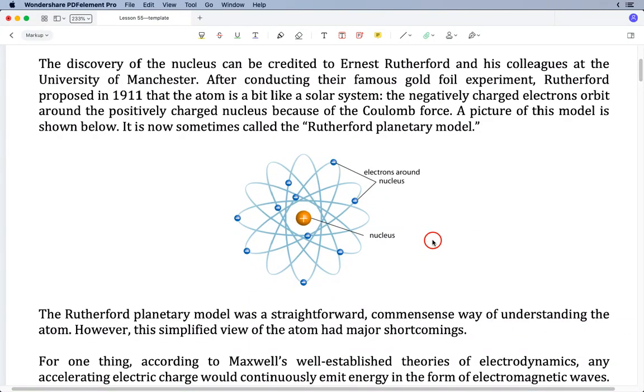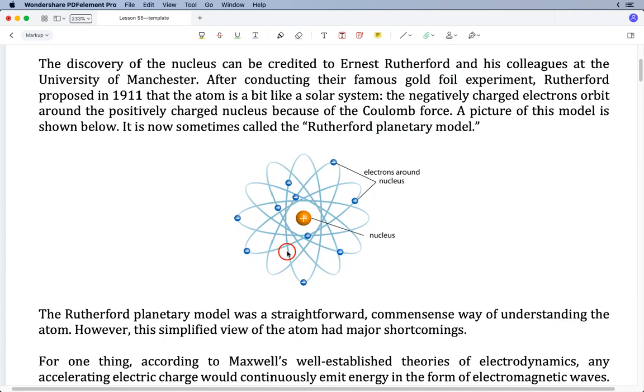In this model of the atom, it looks a bit like a solar system. It's almost like we have planets orbiting around a sun. It's kind of a similar idea. So the thinking was that our atom had electrons orbiting around the nucleus. And in the case of a solar system, of course, it's the force of gravity that keeps planets in orbit. And so in the case of our atom, it's the Coulomb force between the opposite charges that are keeping the